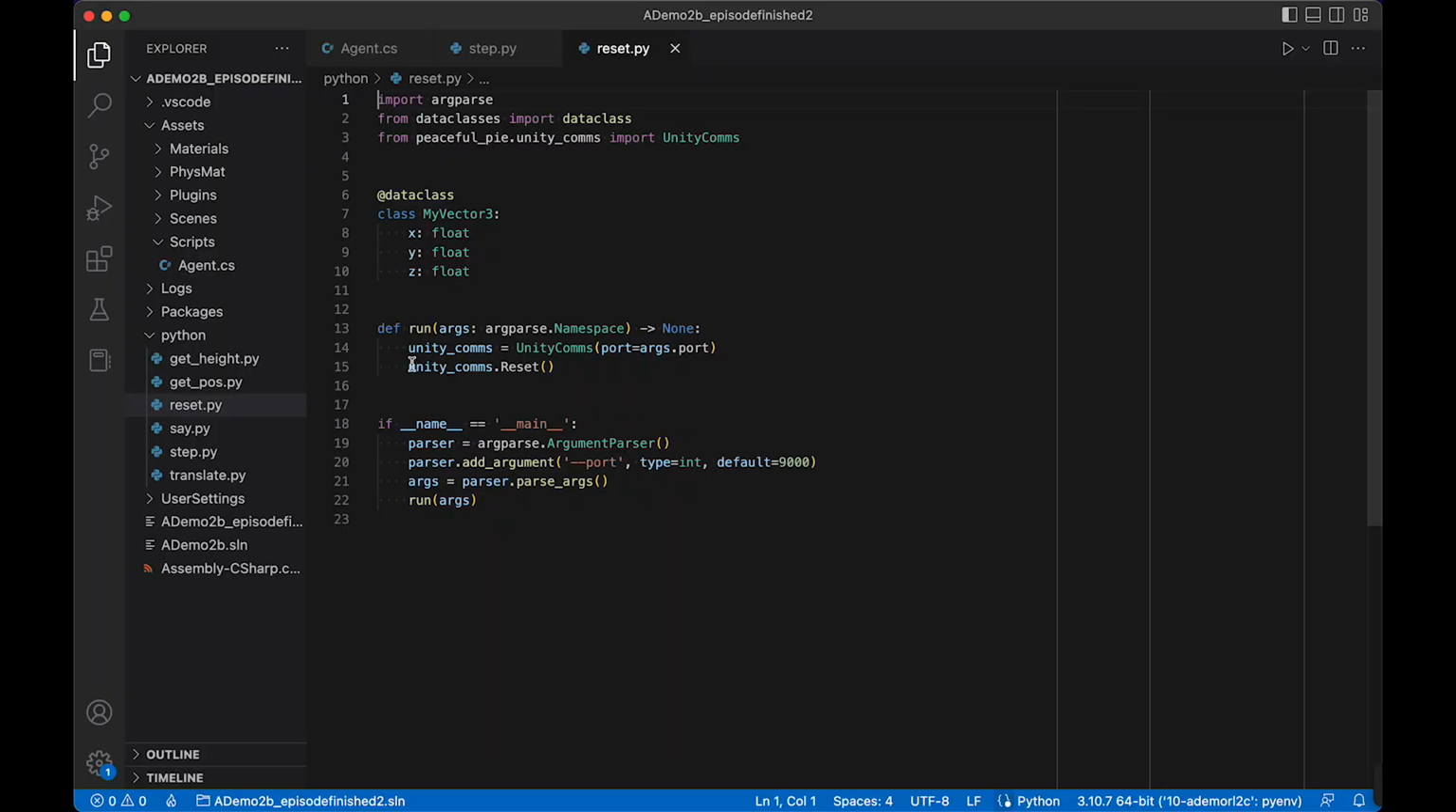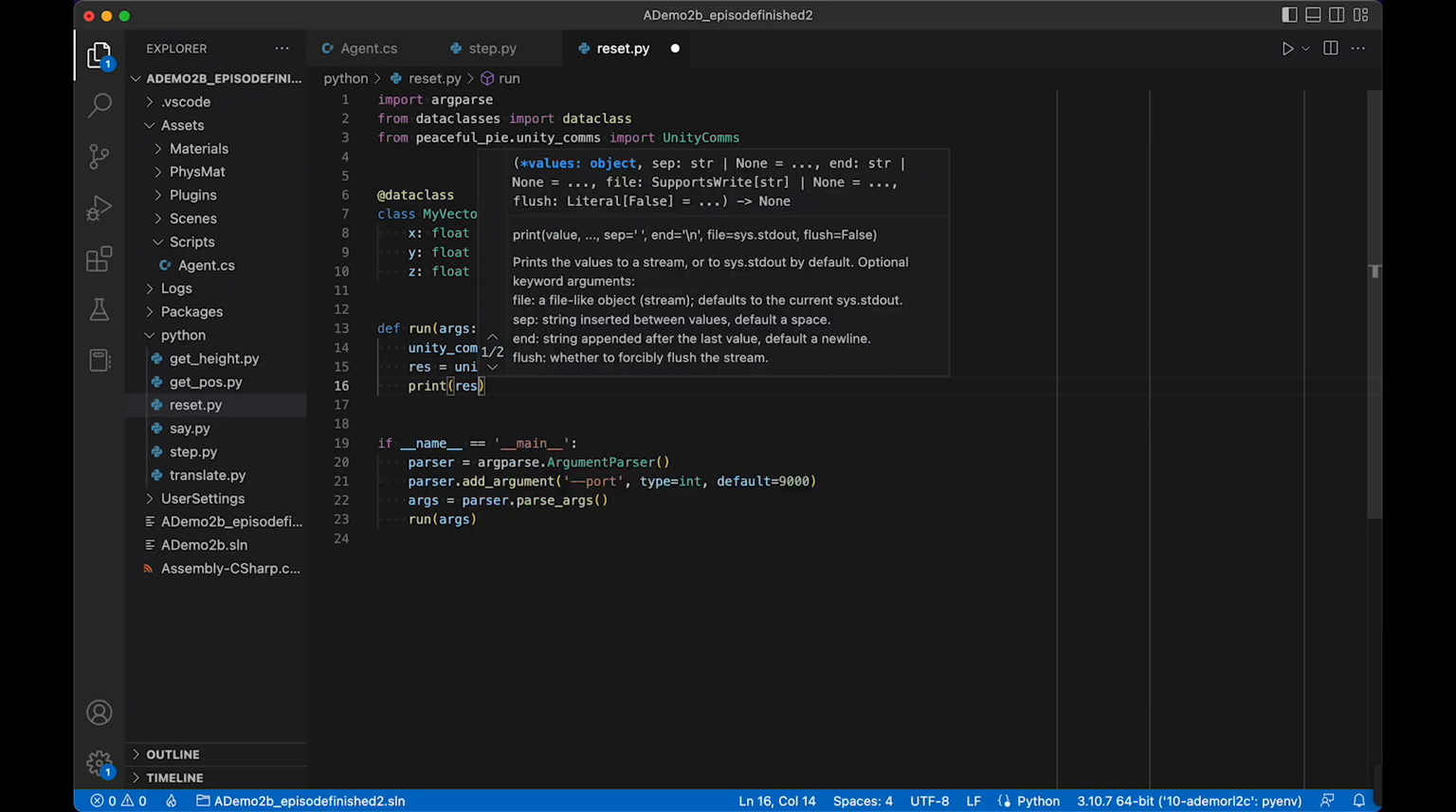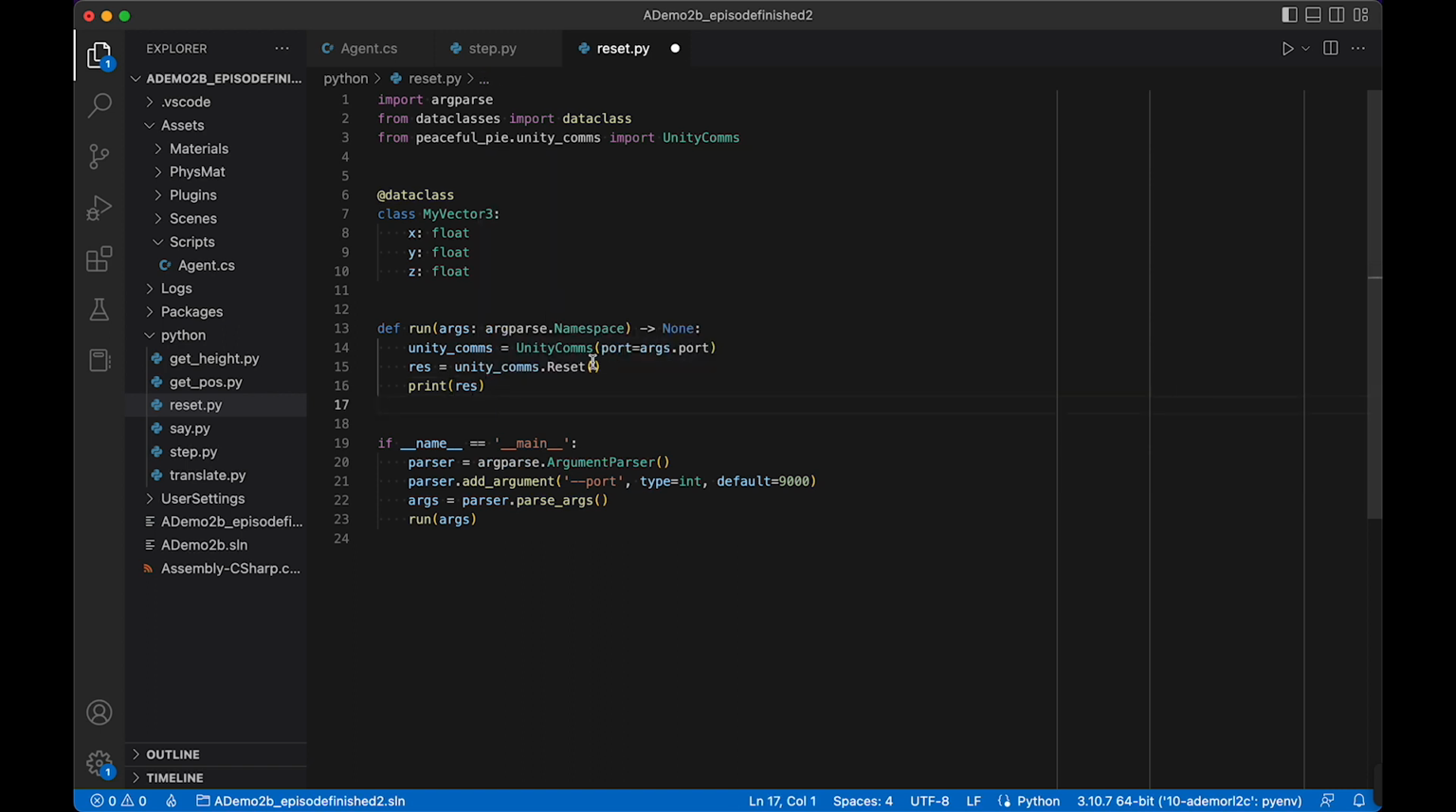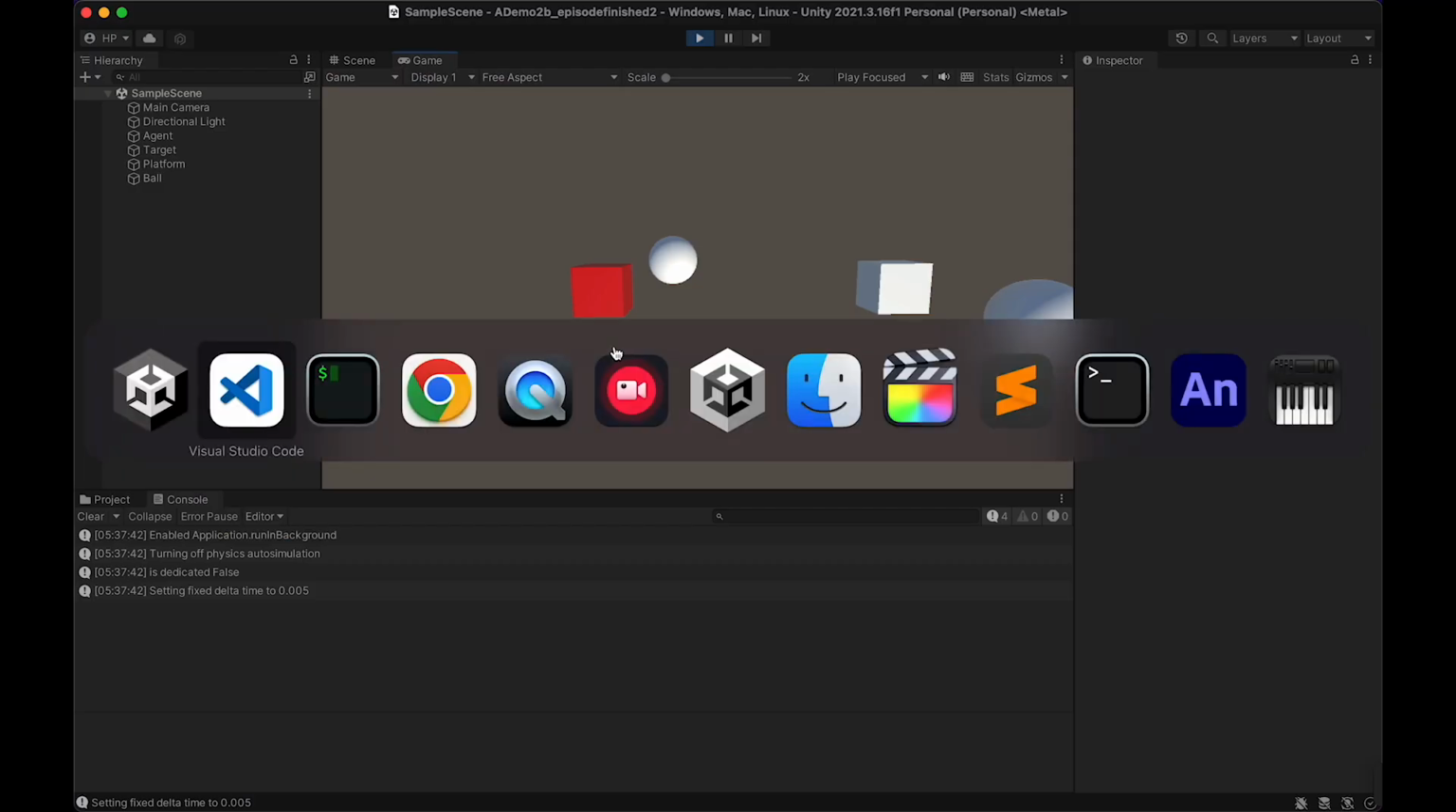All right, and then we also need to add the observation to the reset. So we can just do res equals and then print the res, but that will be a dictionary, and we want it to be a myVector3. So in the same way as for the step, we can do result class equals, but now it's going to be myVector3. So now if I call reset,